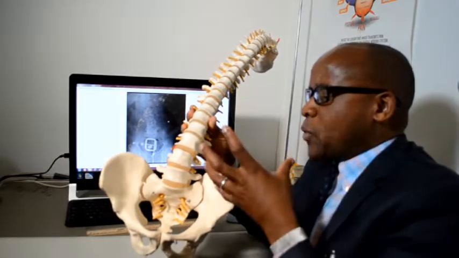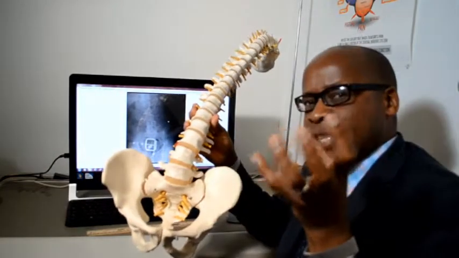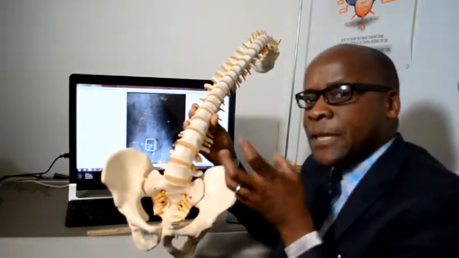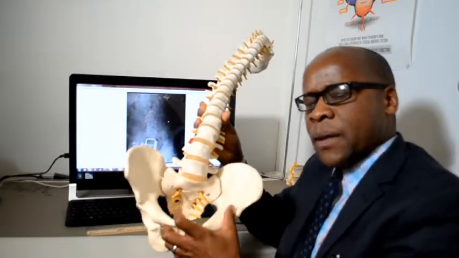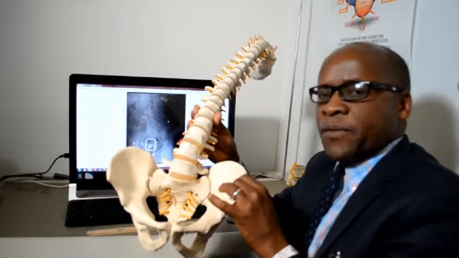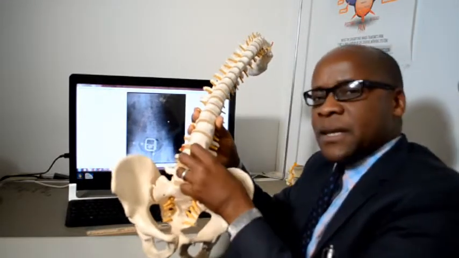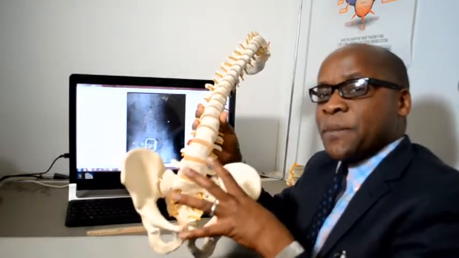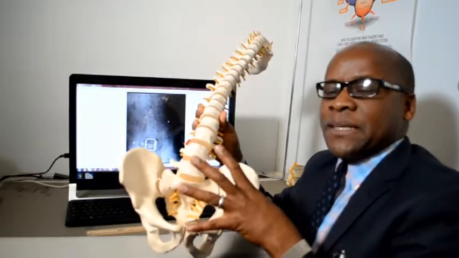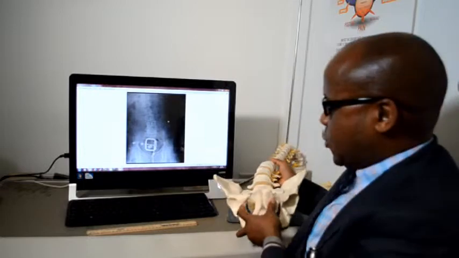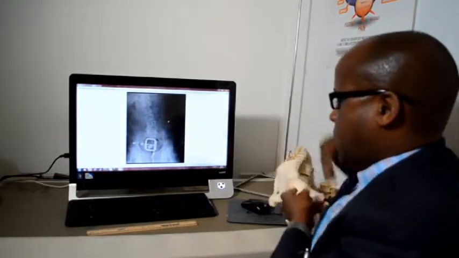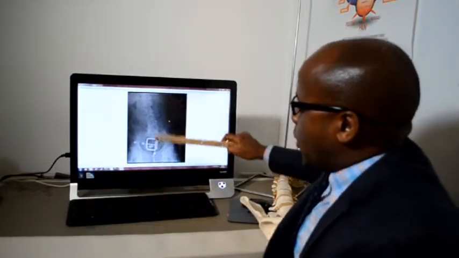And so what we are finding is when we look at the x-rays for abnormality, we also look and see whether there is rotation of the pelvic. Because if there is rotation of the pelvic, we can definitely take care of your lower back. But if we don't address the pelvic, then what's going to happen is you are not going to get a full recovery.